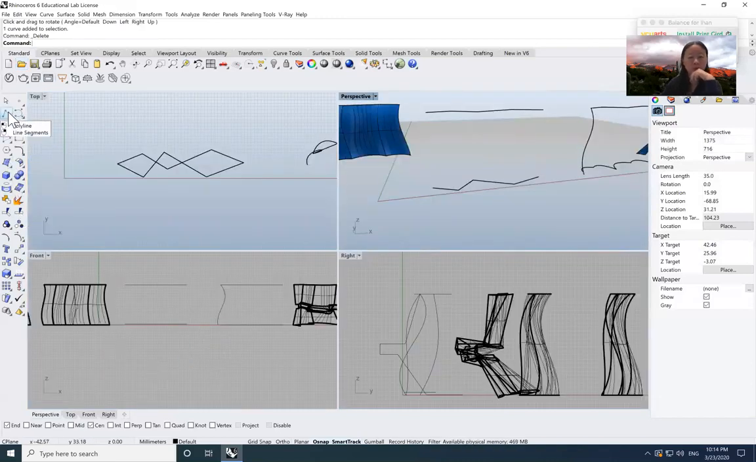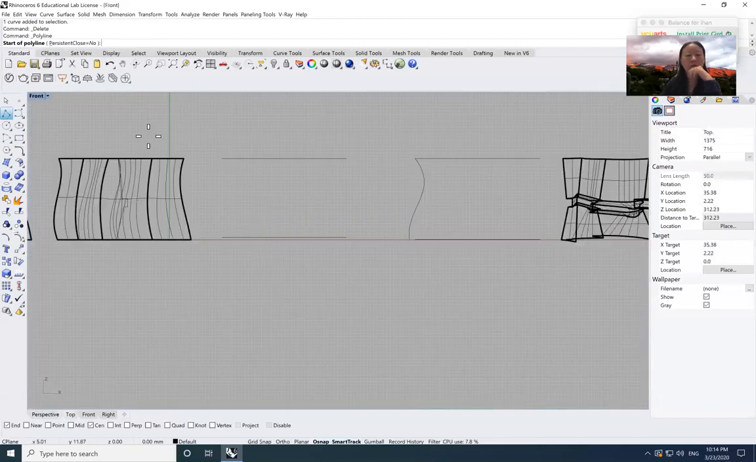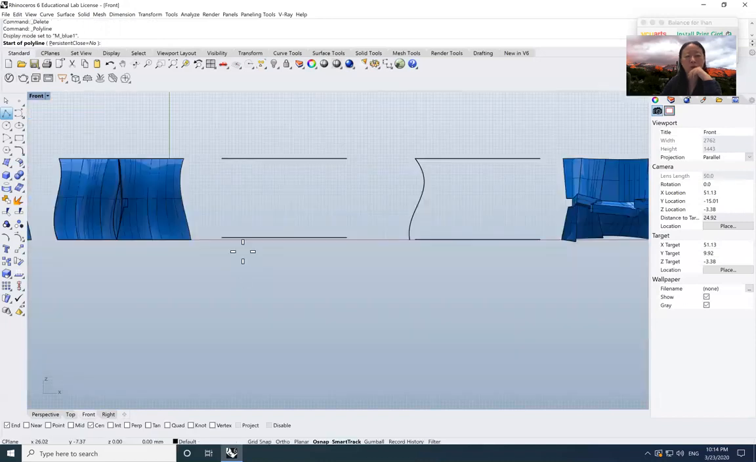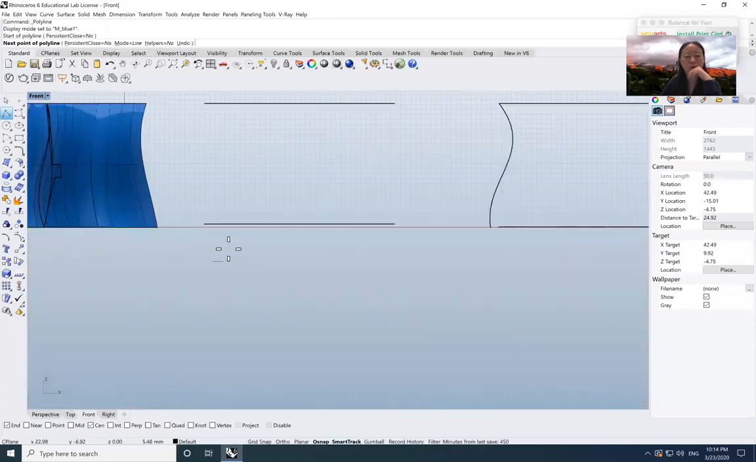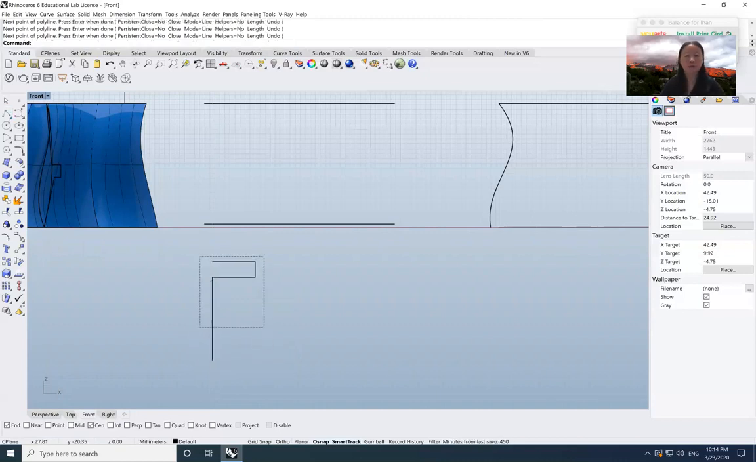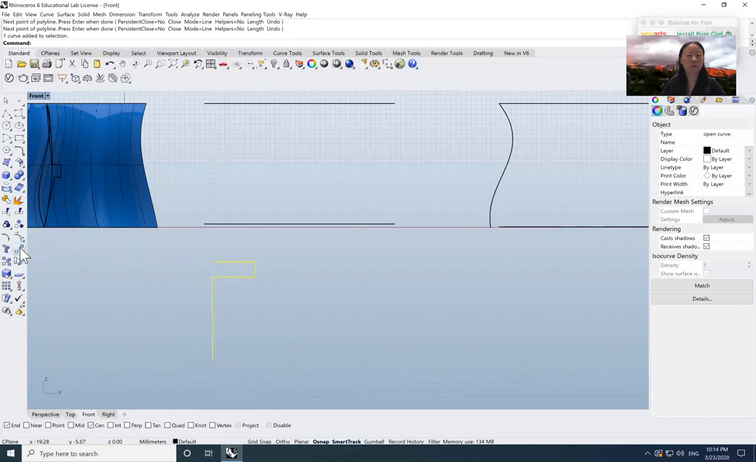So let's give ourselves a bit more view so that when I do it, we can actually see better. Here, press shift, come into here. The smart track is on. Okay, and whatever height, roughly. Okay, this one move